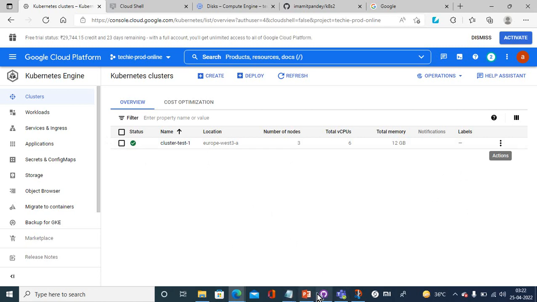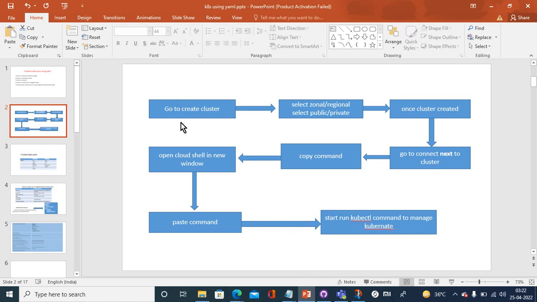And to connect this, I have provided you the slide over here, like create a cluster. Then you need to select is a zonal cluster or the regional cluster. And after that, you need to choose is a public cluster or private cluster. So once the cluster has been created, then you need to open a new shell, then copy the command to